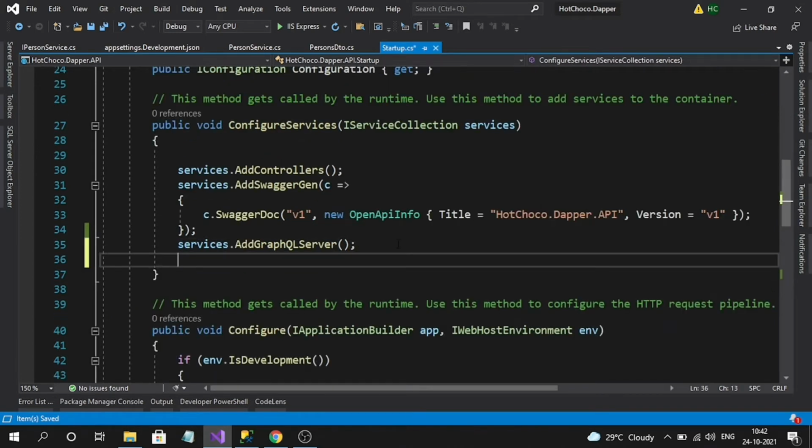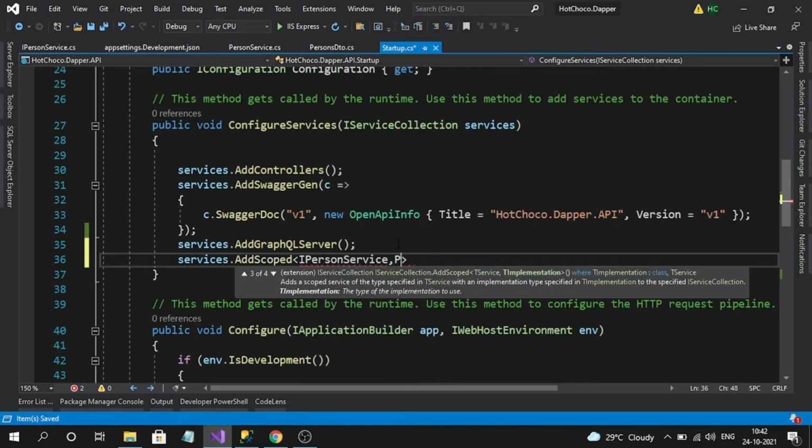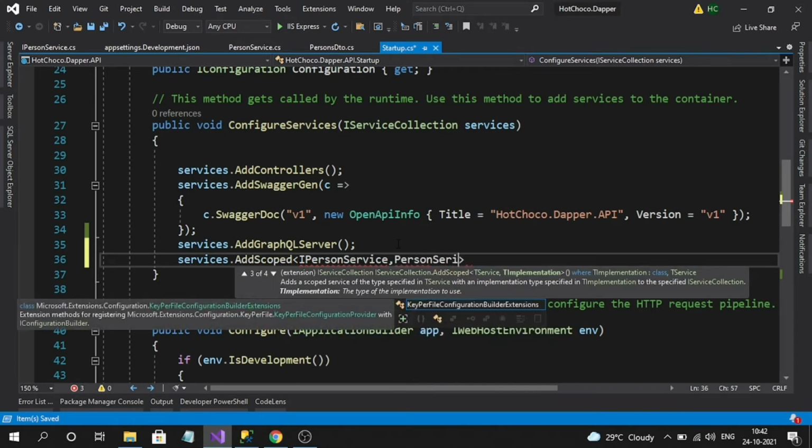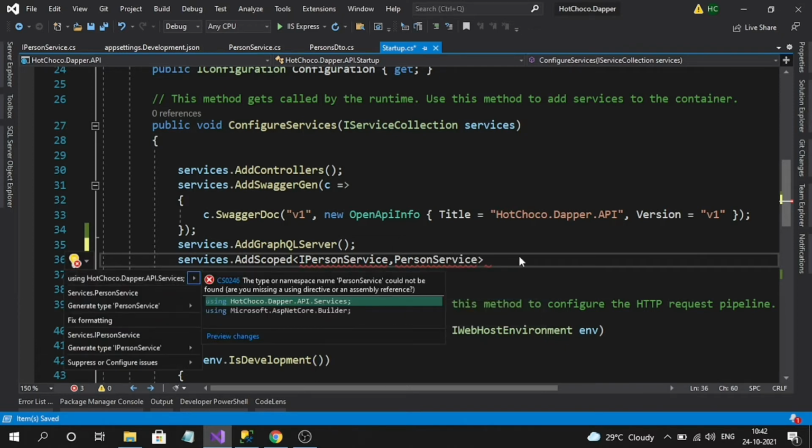Okay, services dot add scoped, IPersonService, person service.